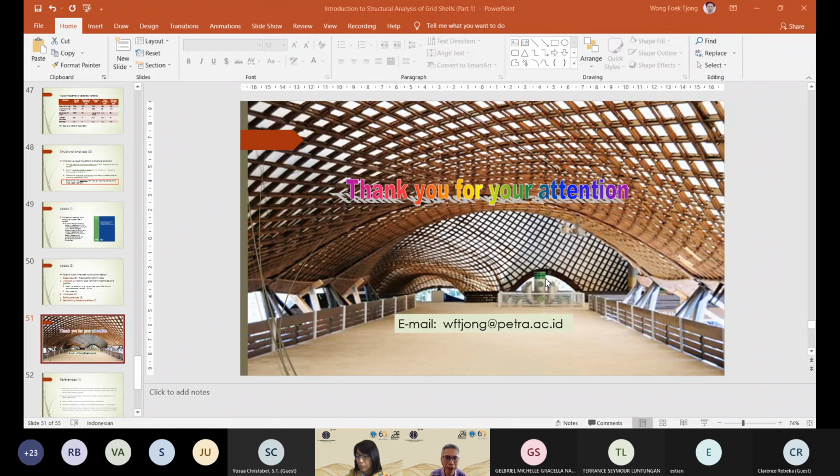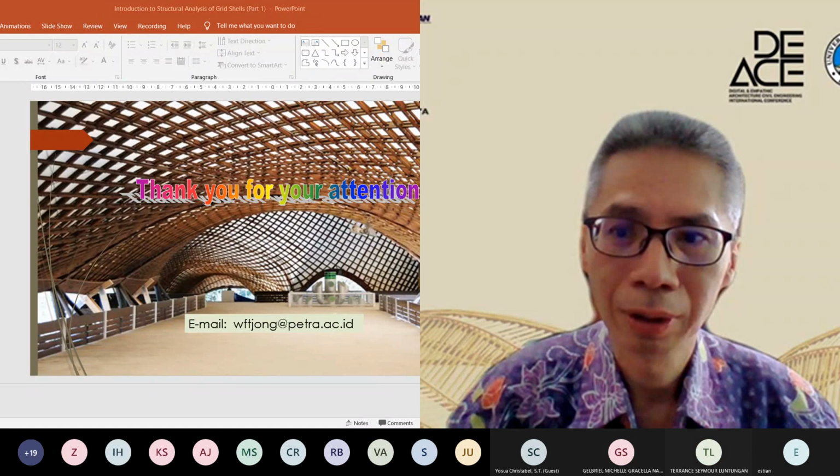Secondly, in terms of lighting, the structure can let the light pass through. So there is no need for much lighting from electricity. That is sustainable. Okay, so it relates to the material itself that is renewable, and also the form that lets in direct light from outside, yeah, Pak. Right.